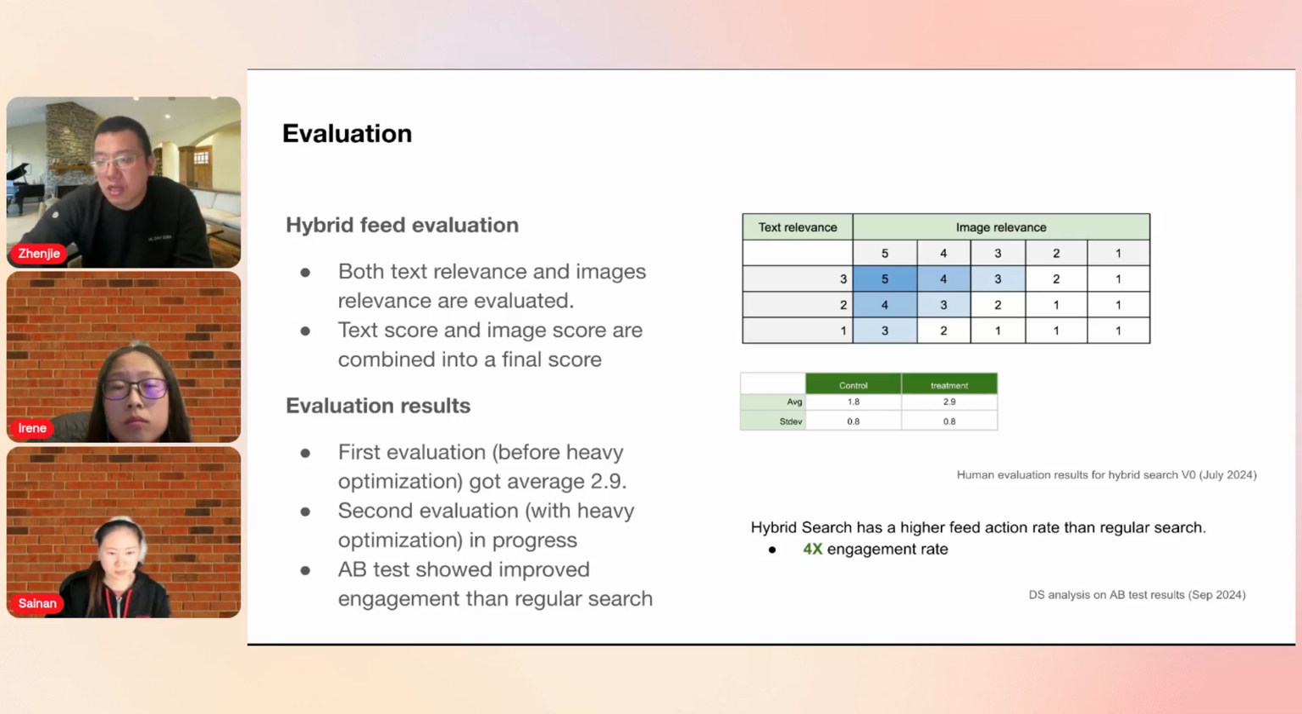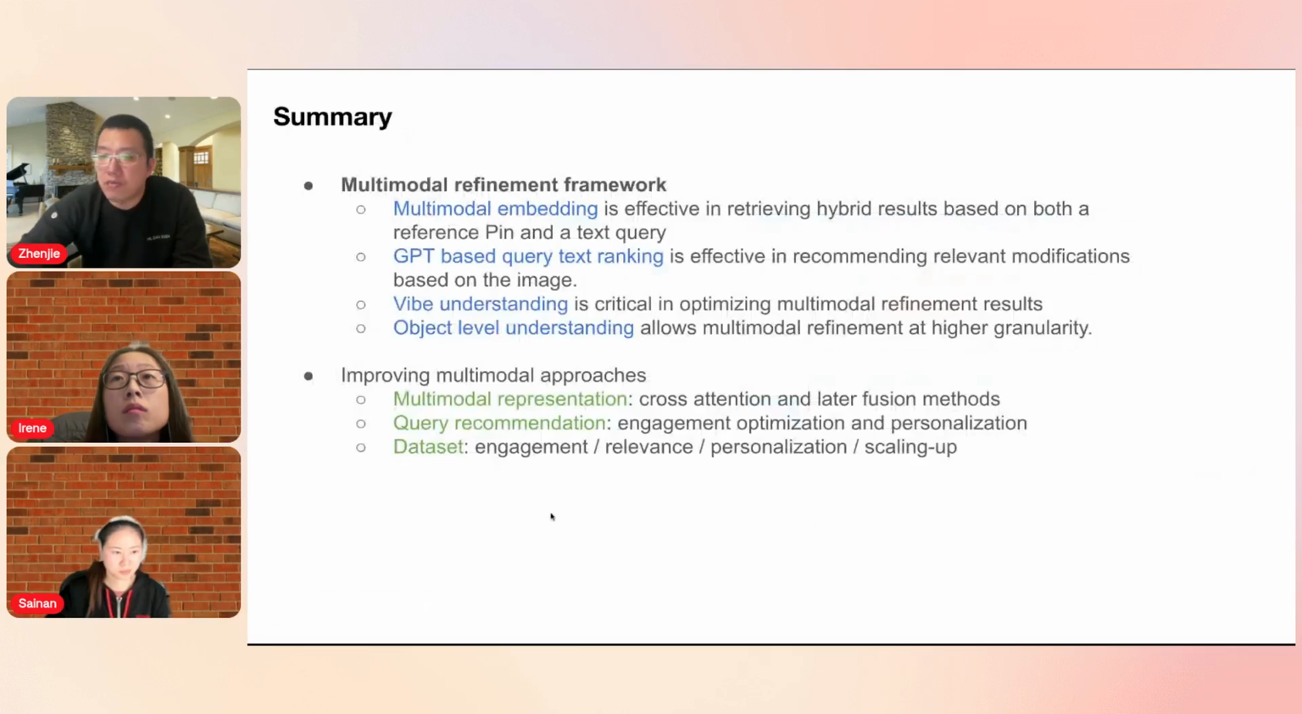And we have also conducted an online experiment. Hybrid search showed a much higher, roughly 4x engagement rate compared to regular search. So to summarize, this project is at the starting stage. At this stage, we have shown the effectiveness of a multimodal framework with multimodal embedding, text query recommendation, fashion element and fashion vibe understanding,